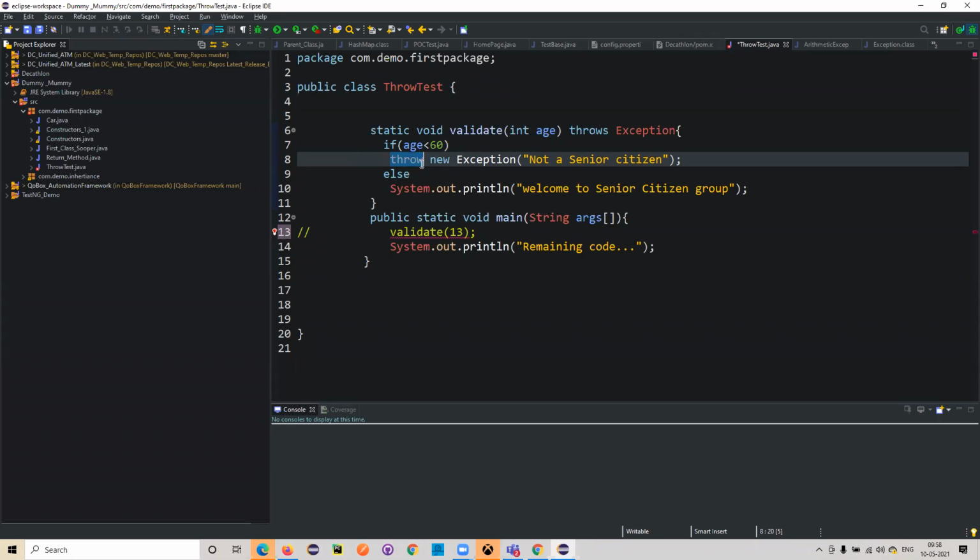When we want to throw an exception explicitly, at that point of time we will use throw, and where we declare this particular throw is inside a method. Inside a method I'll be using this throw keyword.